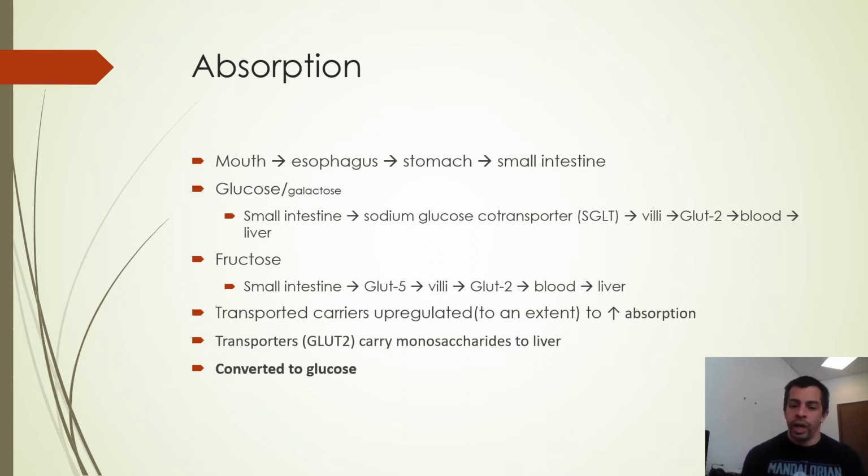Now, the most important thing of this slide is, what do we talk about? We never say our blood fructose levels. Have you ever heard anyone say blood fructose levels? That's because fructose doesn't really exist in our bloodstream for the most part. Instead, fructose and galactose, just like glucose, are transported to the liver. Galactose and fructose are converted to glucose, and then from the liver, they're sent out to the rest of the body with their transport carriers. So we need to convert galactose and fructose to glucose.